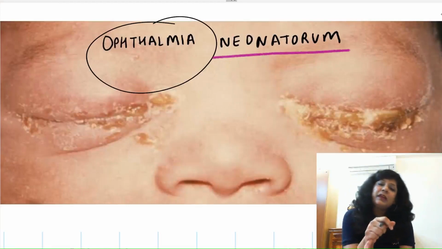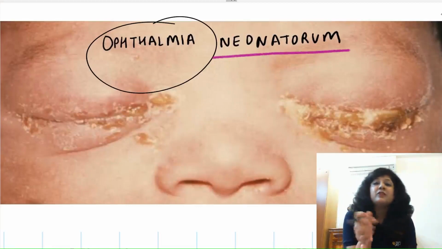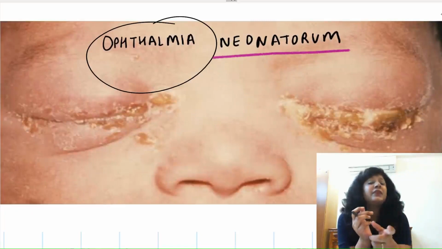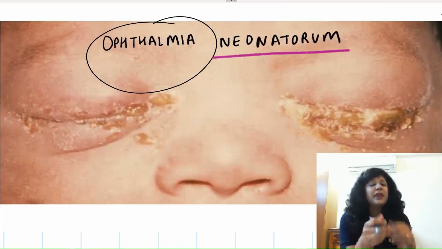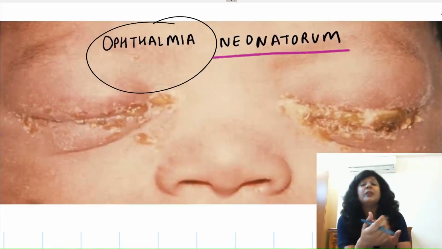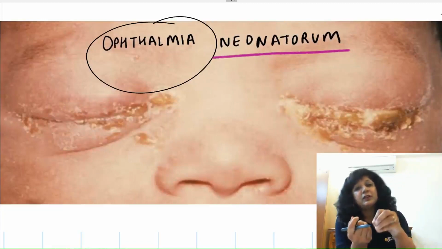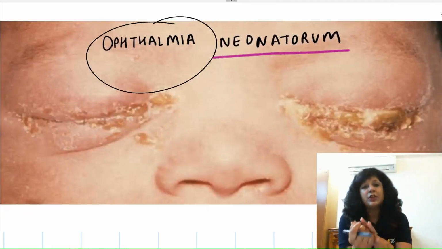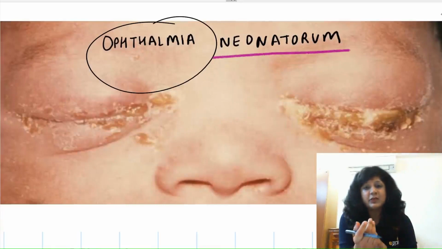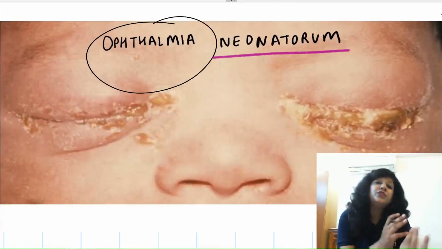Now, what do you mean by chemical? Chemical conjunctivitis is not that common nowadays, but previously there was a method used, Credé's method. There we used to instill 1% silver nitrate solution in both the eyes of the baby as soon as the baby was born, so that we can prevent ophthalmia neonatorum. We were not having so many antibiotics at that time. Gonorrhea was quite common. So some babies used to give some reaction to this, and that was called chemical conjunctivitis, and it usually presents within 6 hours.